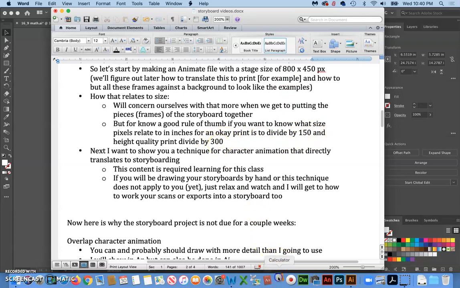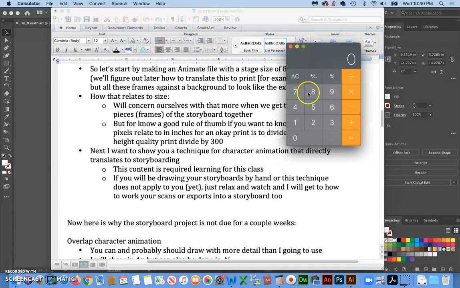So just as an example here, let's take 800 and we'll divide it by 150. And this would be how big each frame could come out with a relatively good print quality. And then since 300 is double the quality, that number should be exactly half, so 2.66 whatever. Which would mean that you could print out each one of your frames at about 2 2/3 of an inch,